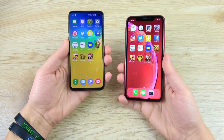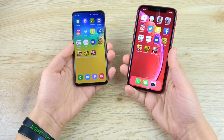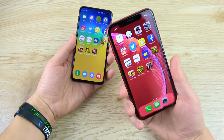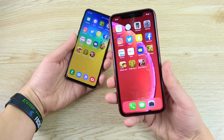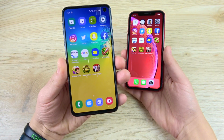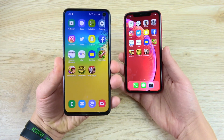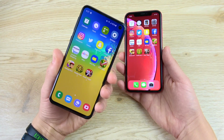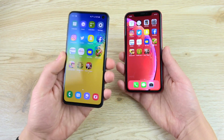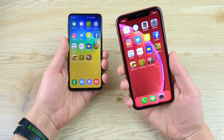So in conclusion, the Galaxy S10e versus iPhone XR speed tests: which is the more powerful phone? That is the XR. It has the more powerful Geekbench score. It actually is a little bit smoother than the S10e in terms of its animations. The S10e is the quicker phone when it comes to RAM management and multitasking. If you're going to be using split screen pop view, it actually takes advantage of its power. It also has quicker animations, so visually it might look quicker than the XR, but the XR seems to be